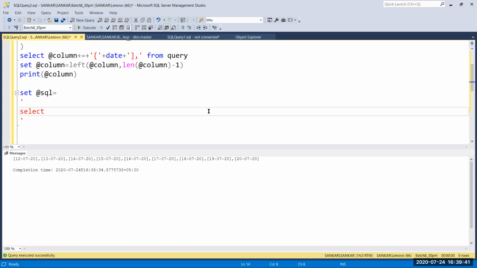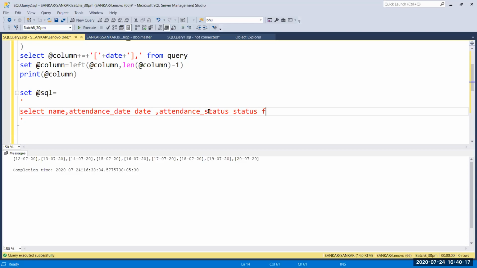First you have to type your data producing query, that is select name comma attendance underscore date, I'm going to give as date, and comma attendance underscore status, then as status.